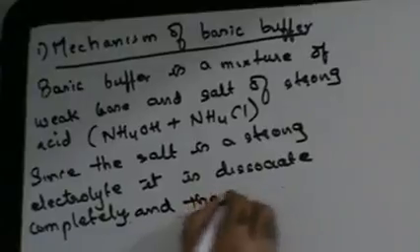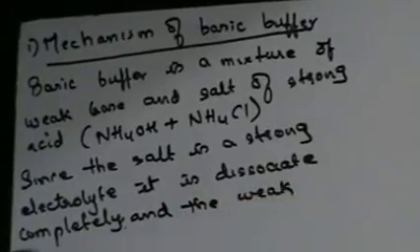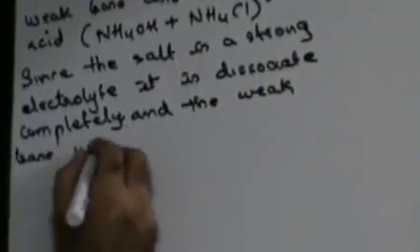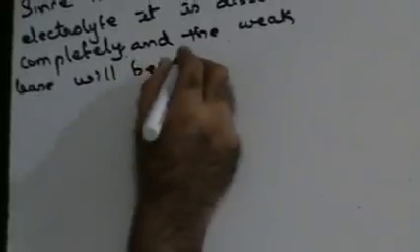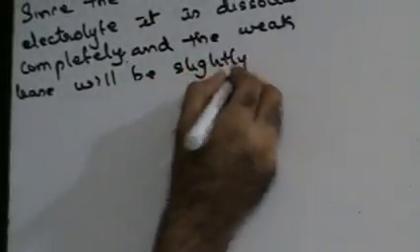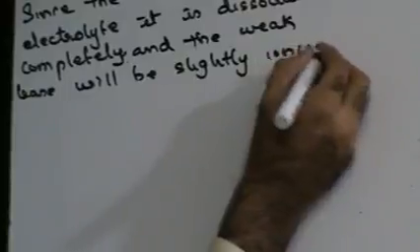And the weak base will be slightly ionized. Right? Now, the degree of dissociation of ammonium hydroxide is going to be reduced due to the common ion